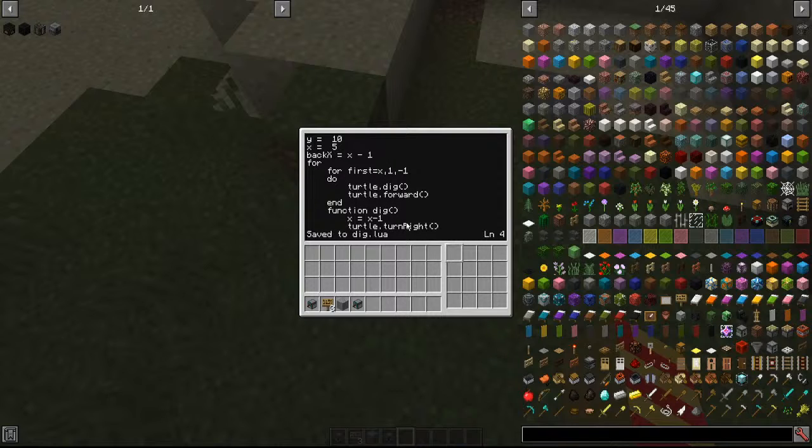But for, I guess we'll call it depth is equal to y. Minimum going down to is 1, and we subtract 1 every time. Do, and then way at the bottom we have end, which means edit dig. We probably just want this as a test to be like 3,